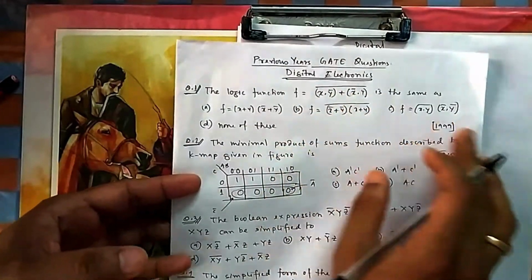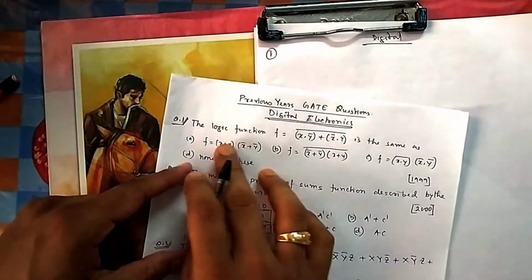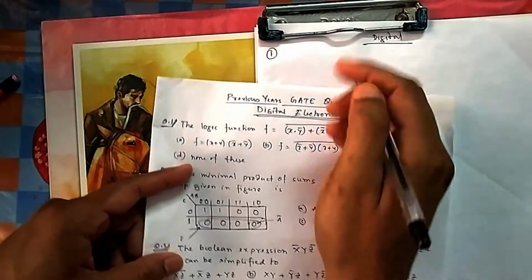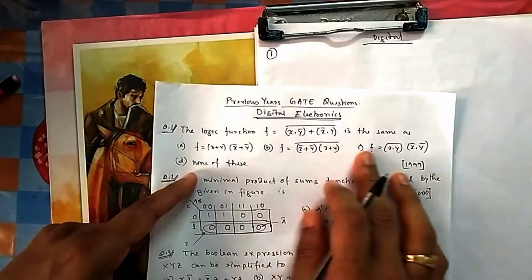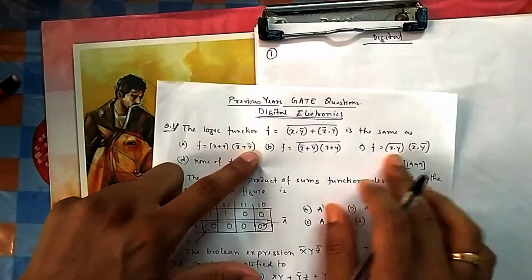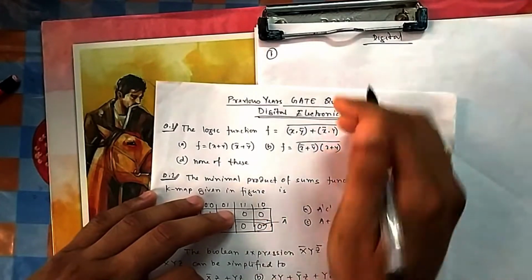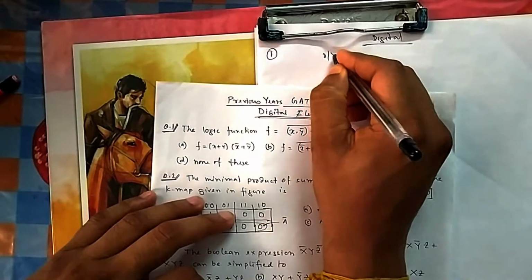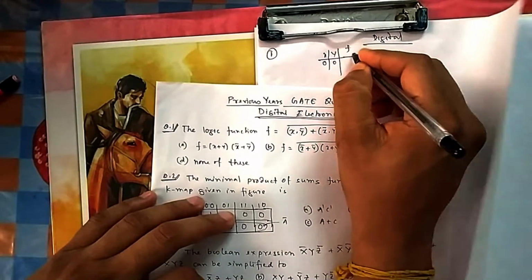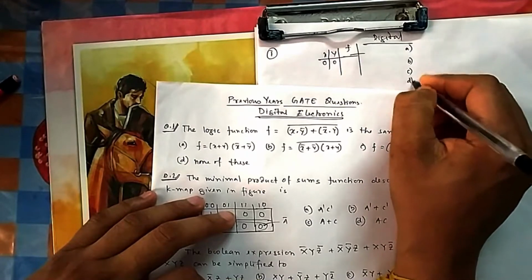So instead of solving this one, it will be better if you go by the options, because even if you solve it, it is not necessary that it will come in the same form. In the exam you may end up searching what to do so that it comes in this way, because this is not the simplified form, and you can simplify it further. They have stopped at some step, and you don't know at which step. So better, you take this one, start with 0 0 initially, calculate what your f will be, and then check which option satisfies this condition.